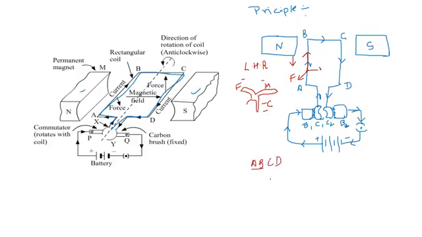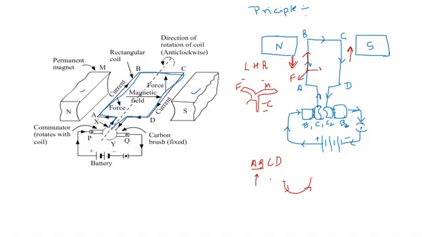So in this case, initially this AB will go down, the whole thing will go down, and DC will go up, and it will move 180 degrees, but it will stop here,